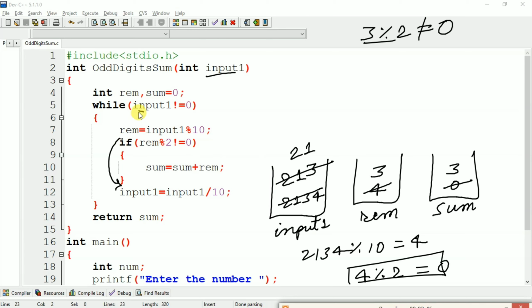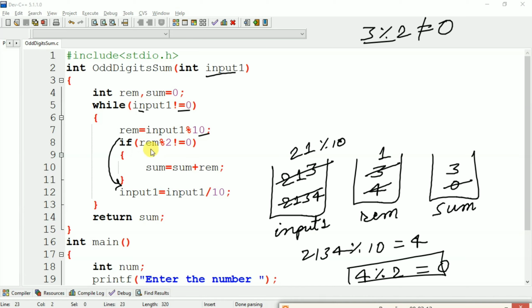After that we will again check the condition, input 1 is not equal to 0. Here 21 is not equal to 0, so our condition is true. Now we will again perform this operation, remainder equal to input 1 modulus 10. Input 1 is 21. 21 modulus 10 becomes 1. So now remainder will be updated to 1.